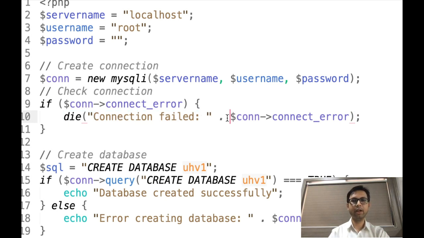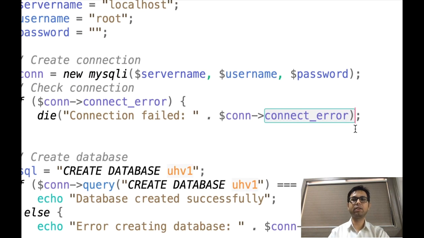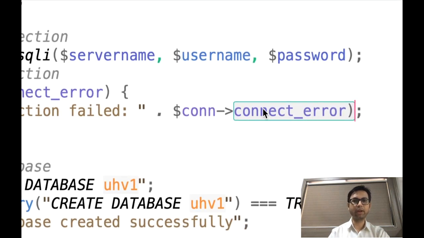Whatever error is there, we can fetch using the connection object's connect_error property. See this connection object that we created using the MySQLi method, and connect_error is a property of this object. Whatever error arises is stored in this connect_error property.